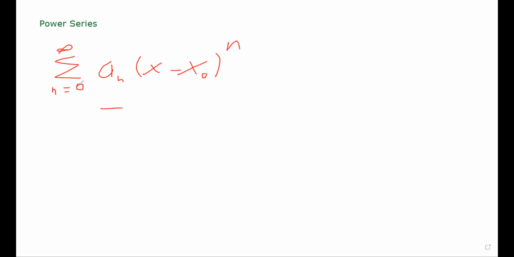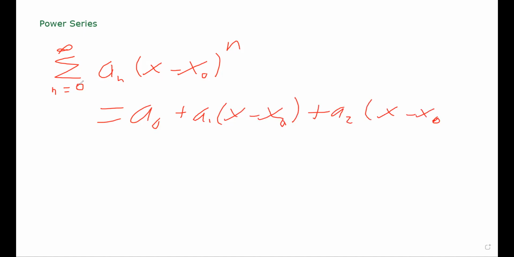And if you would go into the summation, you need a naught, plus a1 times x minus x naught, plus a2 times x minus x naught squared. And then it goes on forever. So when we talk about this summation or the series, however you want to think of it, we will know whether it converges and then whether it converges